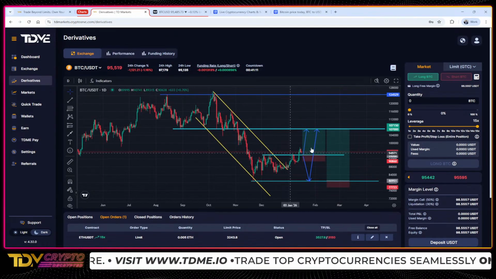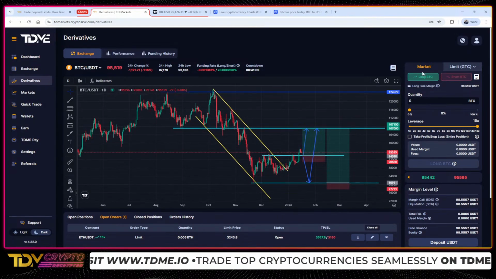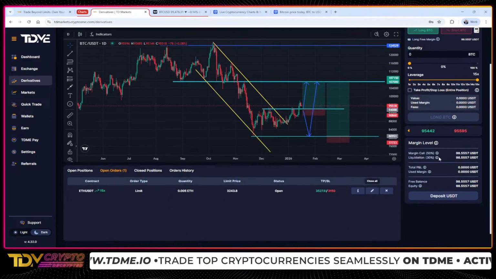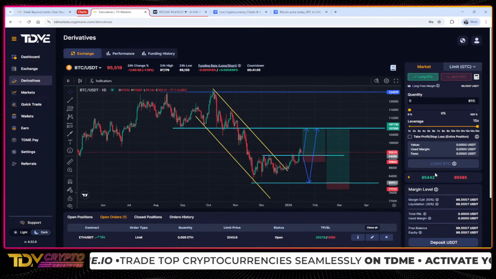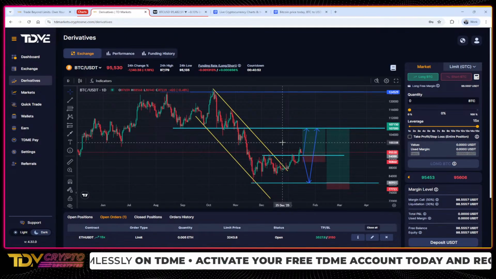So I can't put any order at the moment. As you guys can see on the right hand side, we've already spoken about this margin calculator, right? On our exchange, you've got this margin calculator. It will calculate everything for you. You will be able to see the value of your position, the margin that's required, and the fees. All right. So on the previous session, that's exactly what we covered.